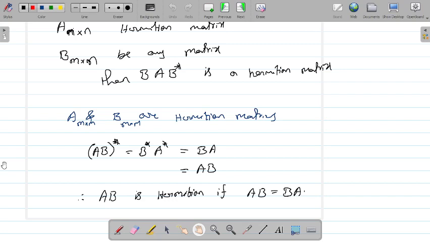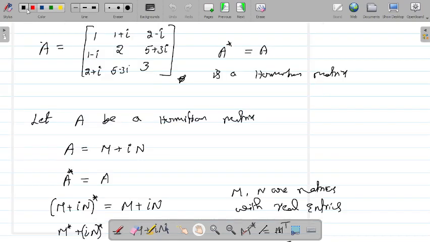Example for a Hermitian matrix: if you observe, when you take a Hermitian matrix, the diagonal entries must be real numbers, whereas the off-diagonal entries can be complex or real. Every real number can be treated as a complex number, but let me say purely real, meaning there is no imaginary part on the diagonal. And of course we have seen the proof, because you can talk in terms of elements: A_ij conjugate is the same as A_ji. Using that you can prove the diagonal entries are real for a Hermitian matrix.